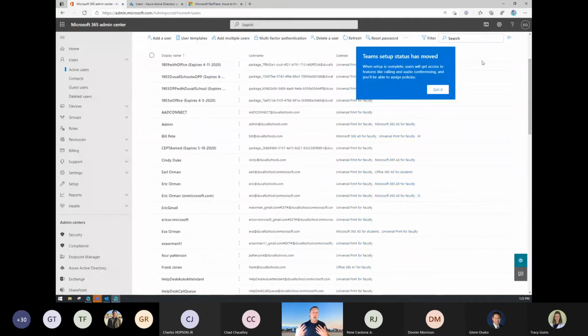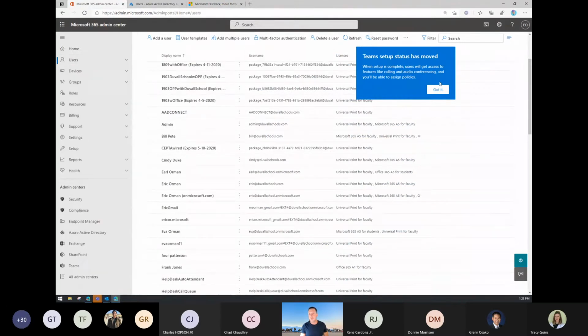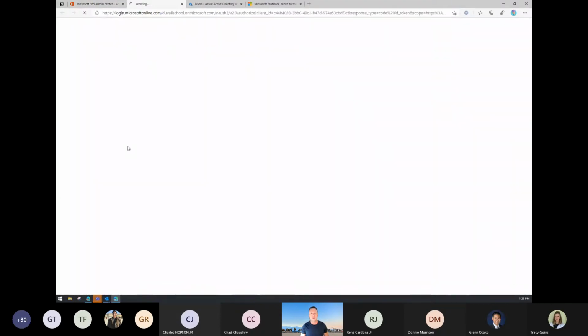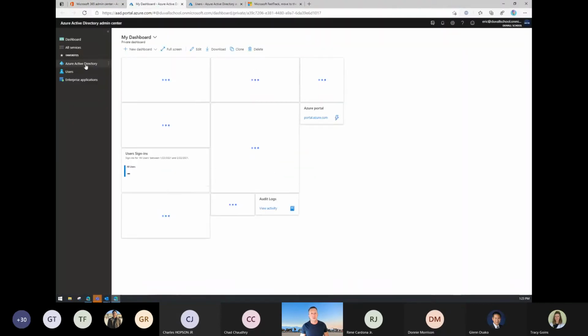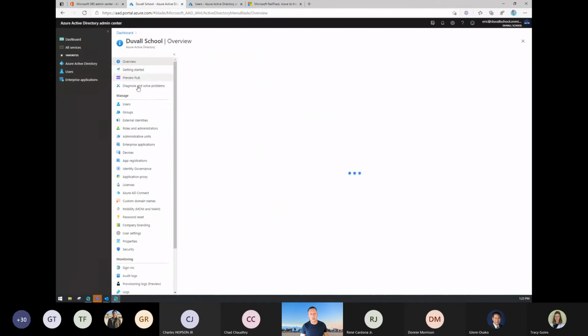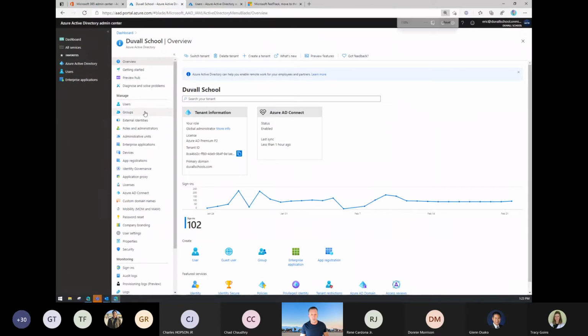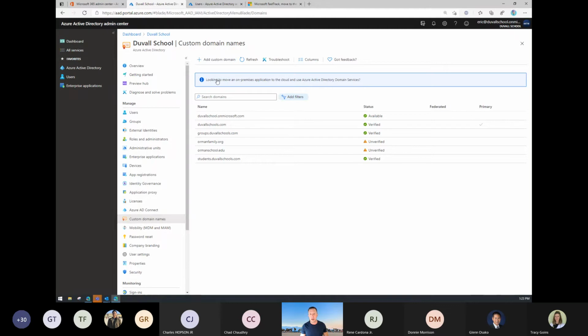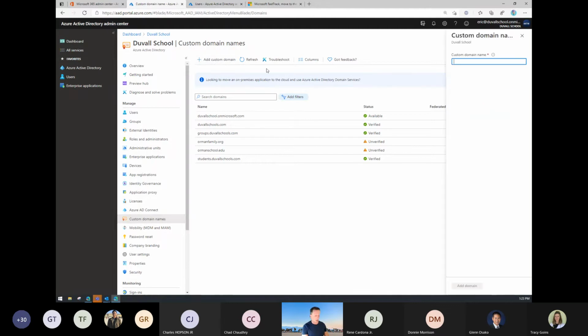So that is how you get your users into that. Well, how do we add our custom domains? There's a couple of different ways of doing it. You can add your custom domain within the M365 portal here, but I actually prefer to use the Azure Active Directory portal. So in the bottom left, you click on Azure Active Directory portal. If I make the screen a little bit bigger and scroll down where it says custom domain names, here's where I can add them. And you just simply click add custom domain,